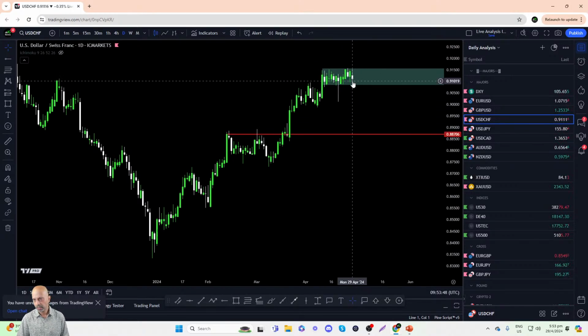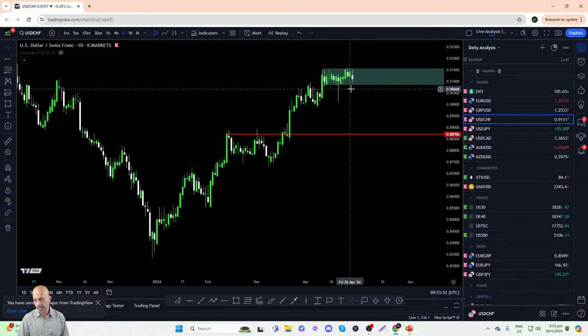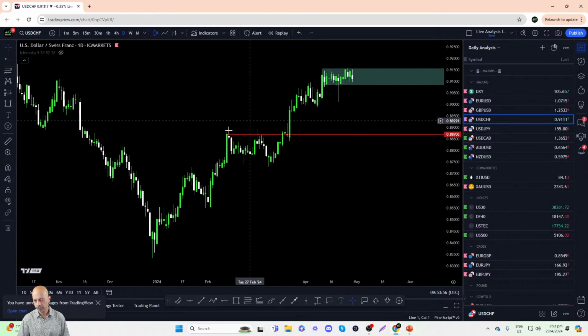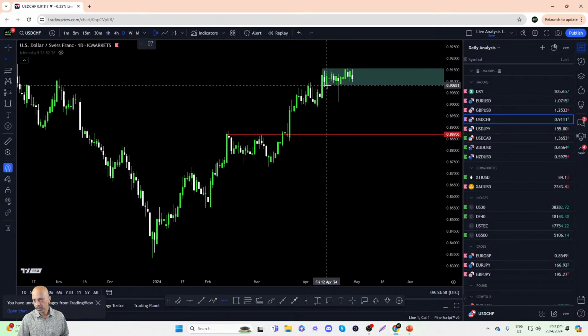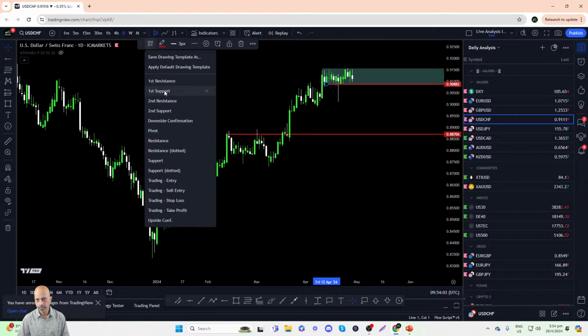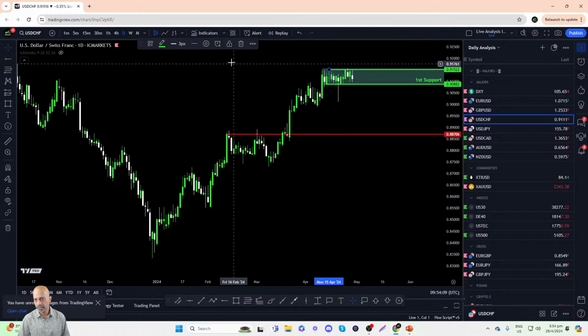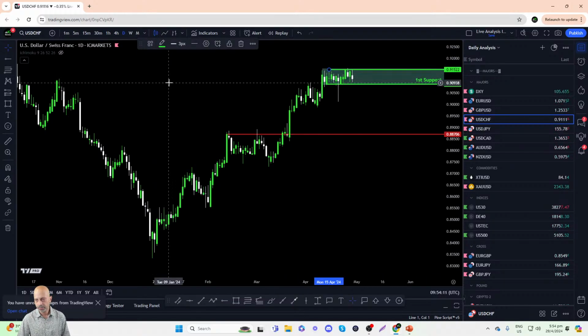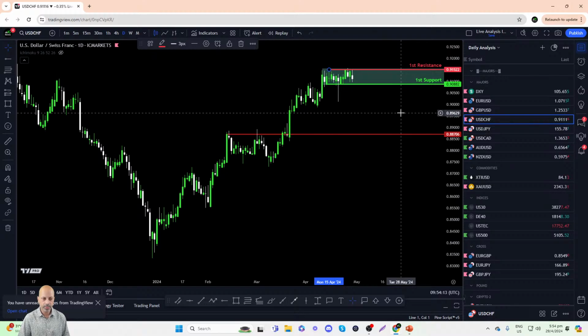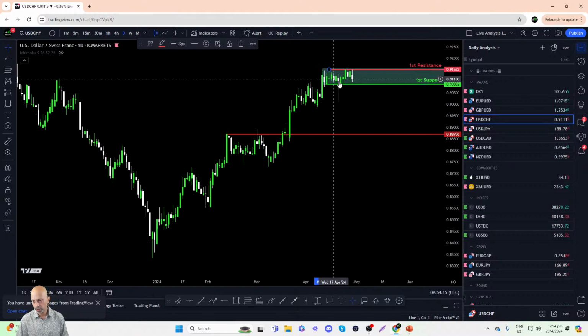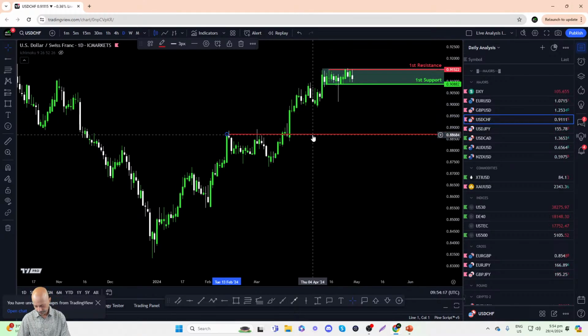So it's quite likely, based on today's daily candle, that the dollar franc is pulling back. It's quite likely going to find support around this level again. So quite clearly the first support is at 90.82 for dollar franc, and of course the resistance area is going to be the top of the range, which is at 91.52. So that's where the first resistance and first support levels for the dollar franc lie.